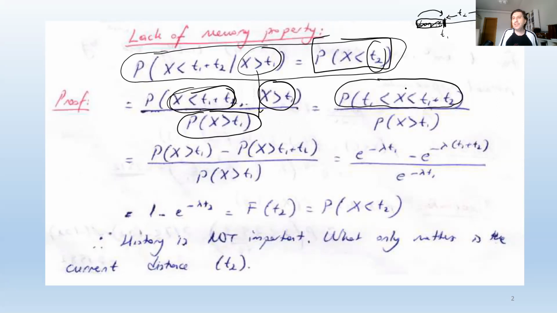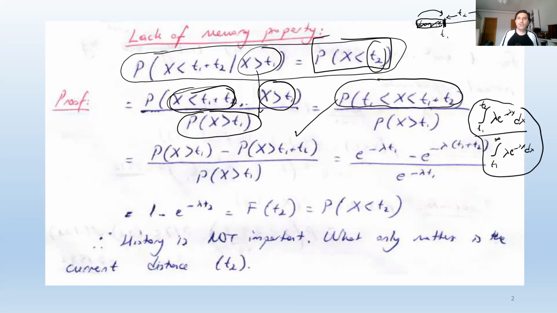What we do here is, in the integral relating to the exponential distribution, if you integrate from T1 to T1 plus T2, and divide this by the integral from T1 to infinity of lambda exponential minus lambda x dx, you are going to find the same result. But actually, there's even a practical method.